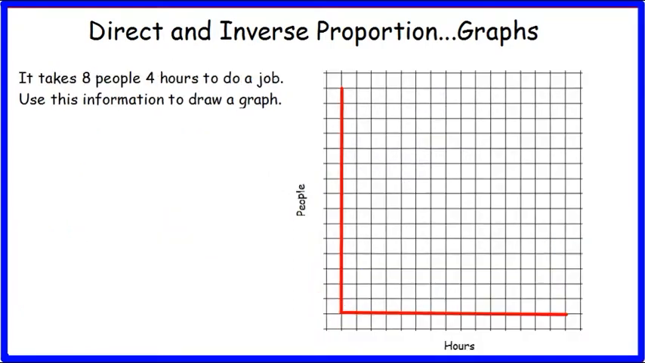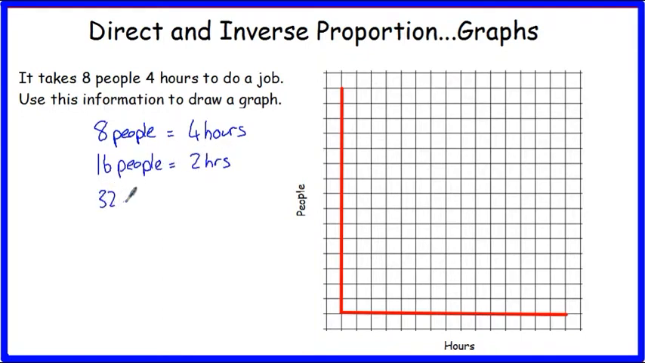Okay, let's look at this next graph. It takes 8 people 4 hours to do a job. Use this information to draw a graph. Now this is inverse proportion. So if I had more people, it would take less time. If I had 32 people, it would take 1 hour. Now if I had fewer people, if I had 4 people,